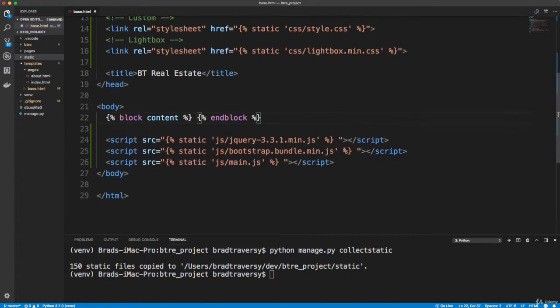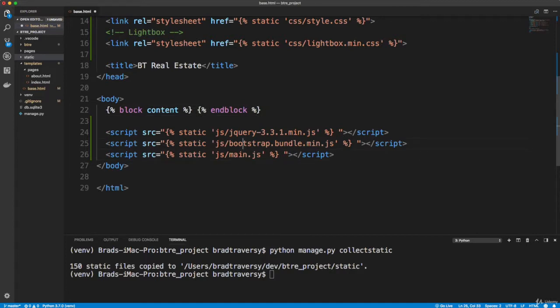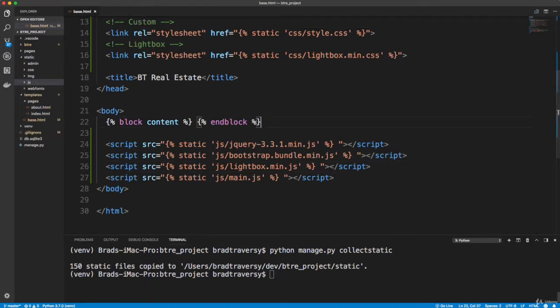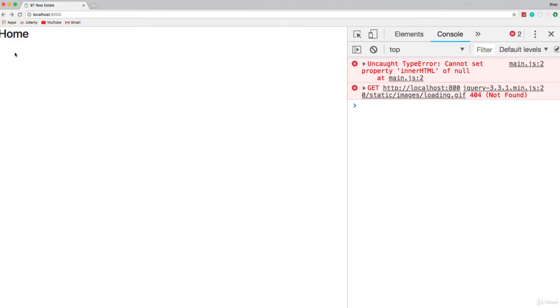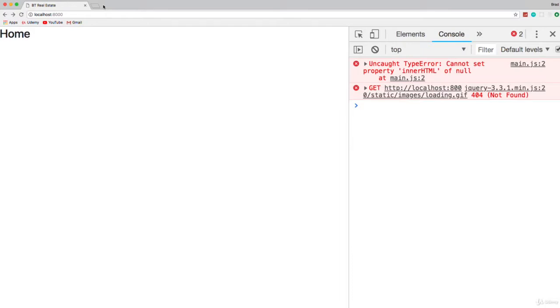Okay, and then again, we want to add the lightbox. So I forgot about that. So let's copy that down. We'll do JS slash lightbox.min.js. All right, so make sure that that's saved, and let's go back to Chrome. And now you can see Bootstrap is already working here. Let me just move this over a little bit. There we go. All right, so Bootstrap is kicked in,